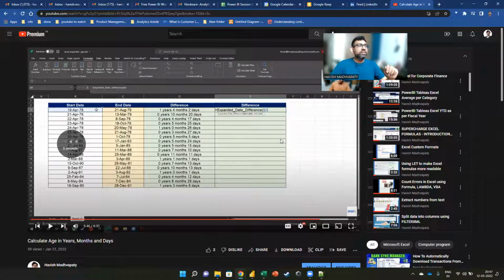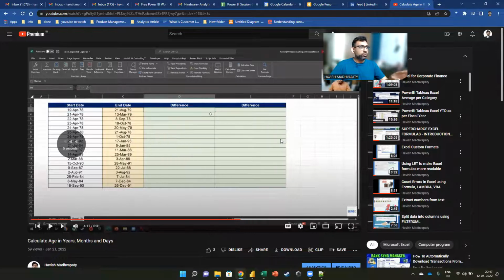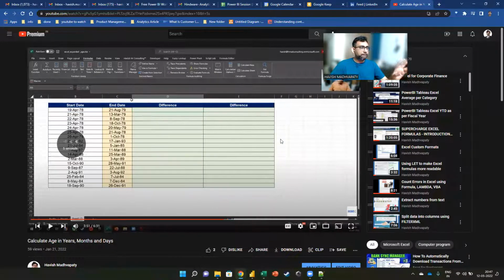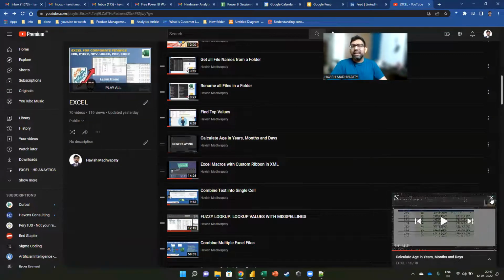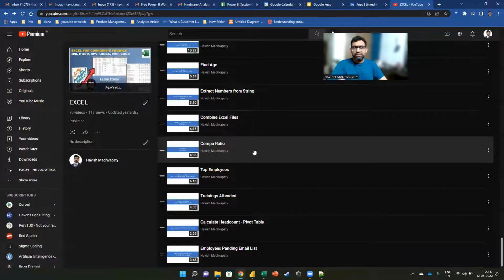Actually, this is not the one. It was a different one. Hold on. Yeah, this one, expanded age. One single function, expanded age, will automatically tell you this. I don't know how many of you have had the need to do it before, but I'm sure you will agree with me. This was never an easy task to get this result, even if you knew how to do it. And like this, there are so many different things I've covered.